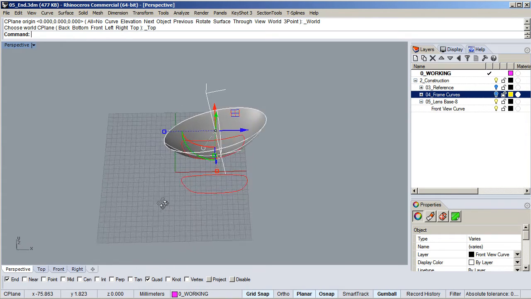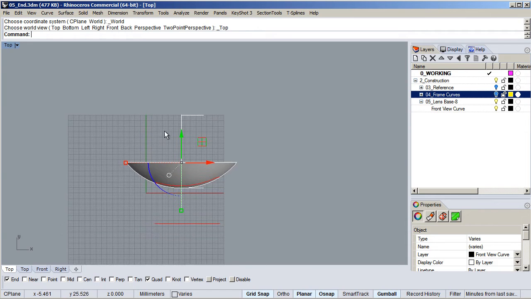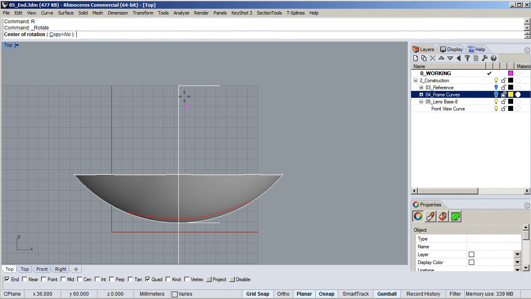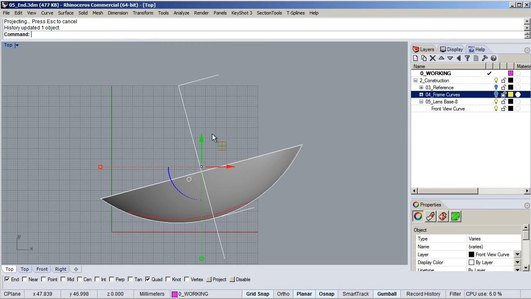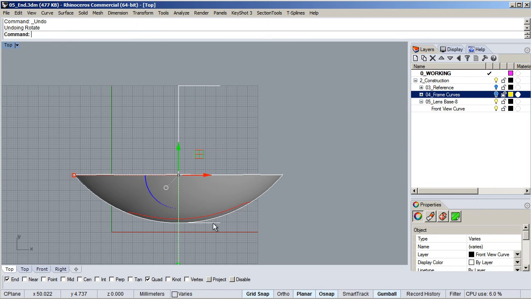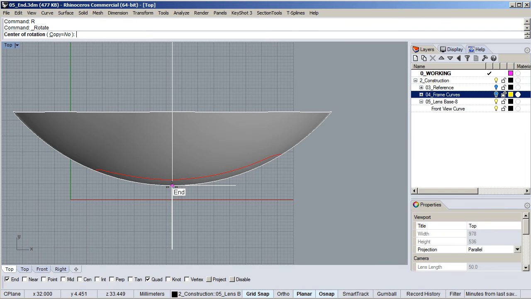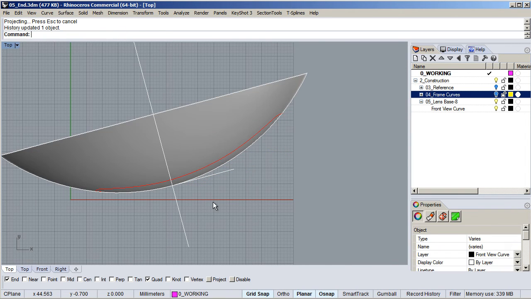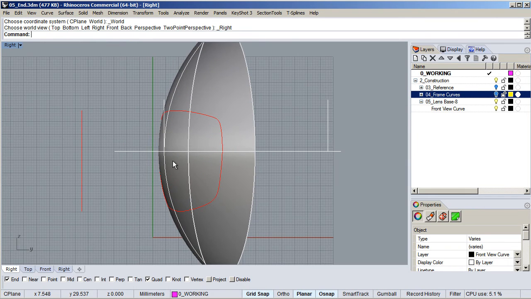So what we're going to do, I'm just going to undo both of those rotations, and I'm going to come in here and just rotate, I think, 15 degrees. Or actually, sorry, I'm going to rotate from here. Rotate from the end, 15. And also I'm going to rotate